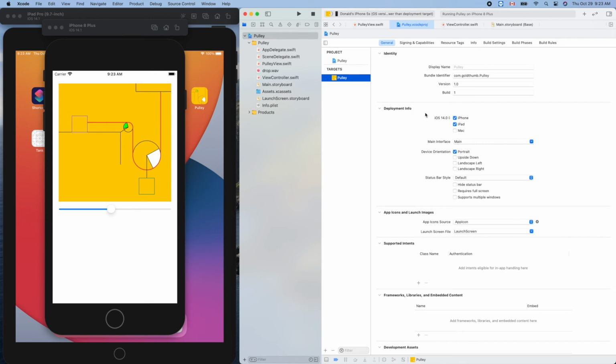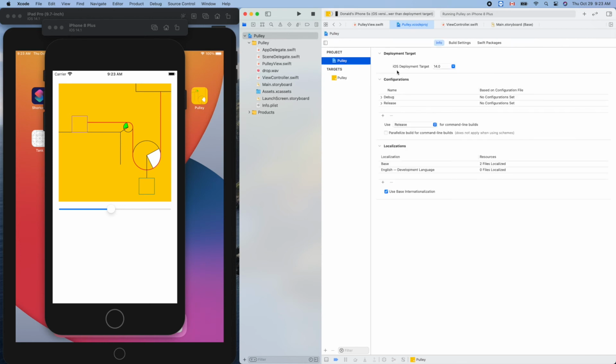Oh, we can set this one here. So select that, iOS deployment target, because on my device, my iPhone,